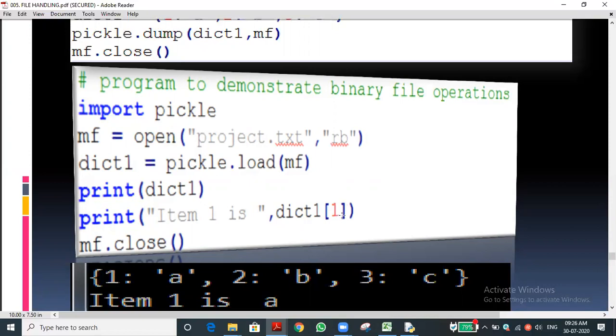Yeah, dictionary of key. So what will happen? The value will print. What is the value? That is, the key 1 may hold some value, and that value will print. Let me see it in our case also.